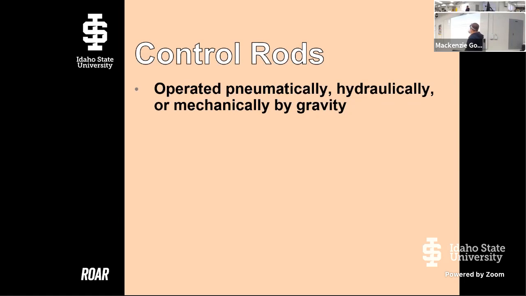We talked about this, right? We can have pneumatic, hydraulic, or mechanical systems, and they're usually assisted by gravity. So what we would say with a boiling water reactor is that we have a gravity-assisted hydraulic control rod system, right? Yeah. So that was boiling water? Yes. Okay. Because we're going to have to actually insert them from the bottom, right? Because the top of our core has our steam and our boiling liquid. So it would still be gravity assisted if it's being pushed up from the bottom? Yes, because the way you design that